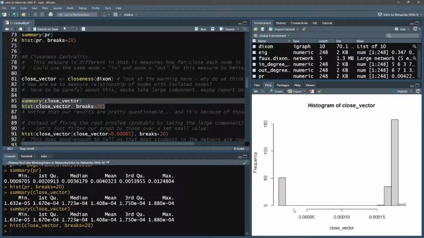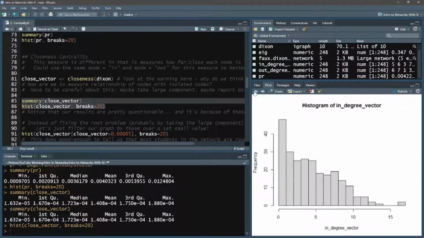And we see here that we have a far left end tail. Stop for a second and think about why this might be. That closeness would be basically 0 between some of them. Well, this is likely because of the isolated nodes that we had.